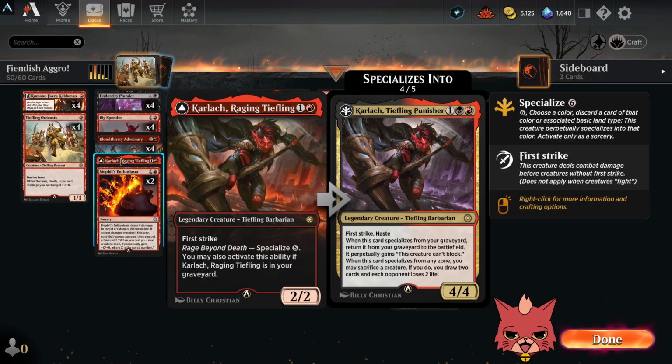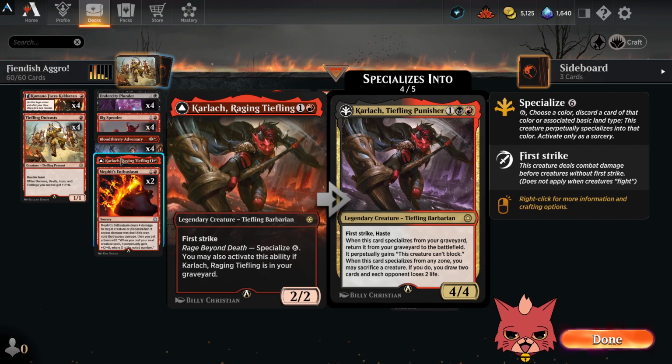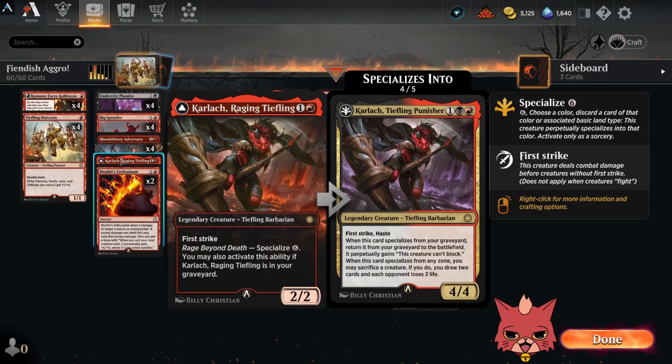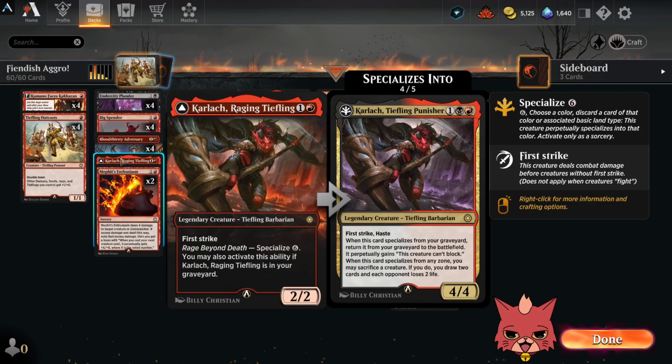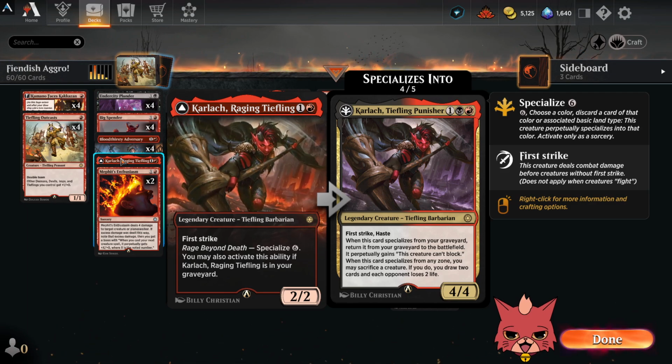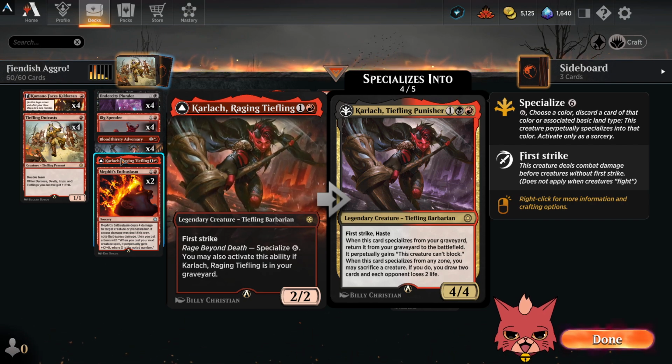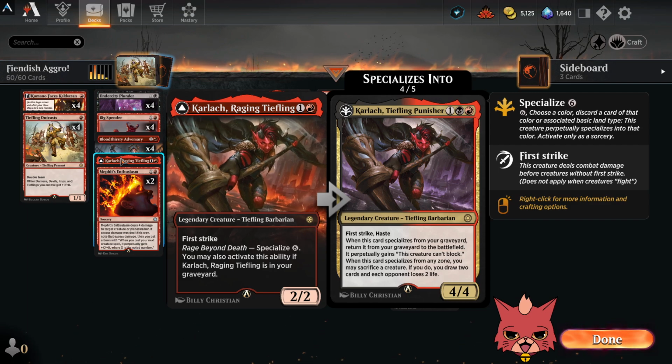It perpetually gains this creature can't block. Now that's only, I'm pretty sure that's only if you specialize it from the grave for this creature can't block, by the way. When this card specializes from any zone, you may sacrifice a creature. If you do, you draw 2 cards and each opponent loses 2 life, which could go a long way in